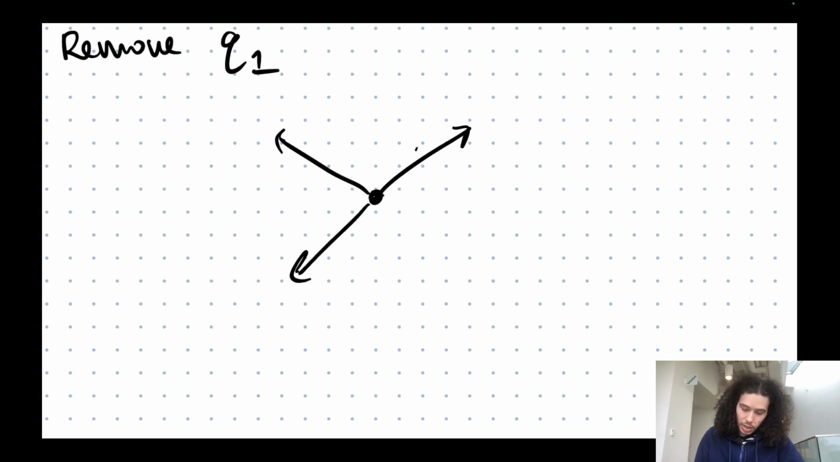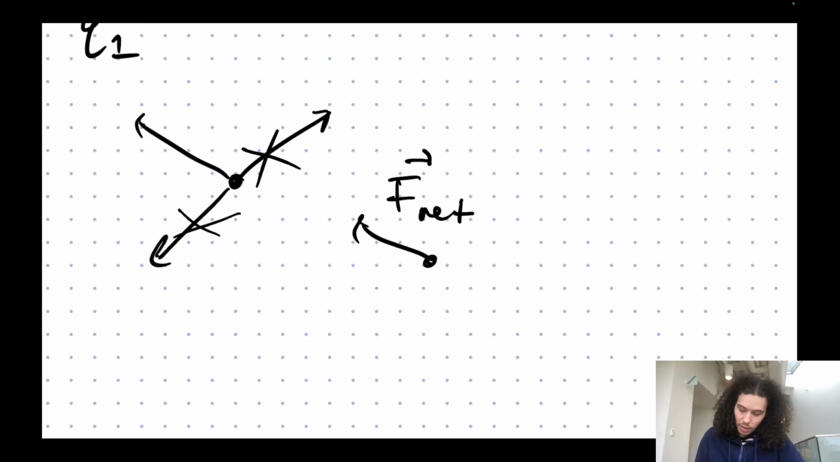And so what ends up happening is that these guys end up canceling out, and now you have a net. F net's going to equal